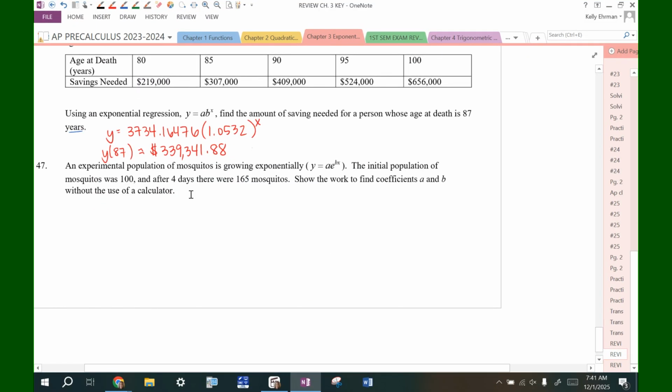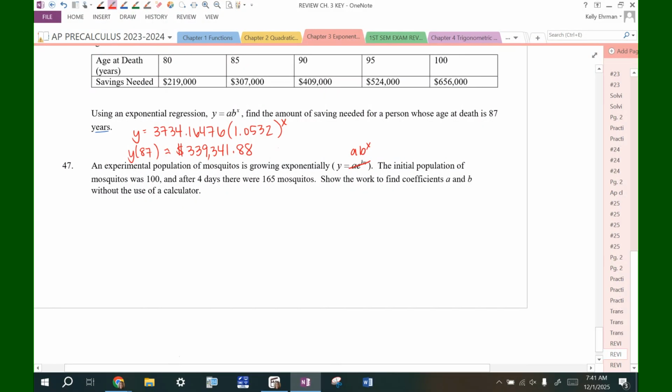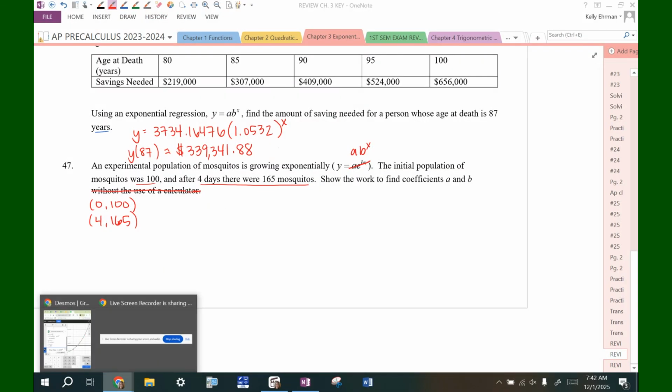Last question. An experimental population of mosquitoes is growing exponentially. Let's call it a times b to the x. I originally had that this was non-calculator, but that's not true. The initial population was 100, so we have 0, 100. 4 days later, there were 165 mosquitoes. Show the work to find coefficients a and b without the use of a calculator. So ignore that, because now that I know more about the AP test, we will always have this on the calculator part. So I'm just going to come up with the model using regression